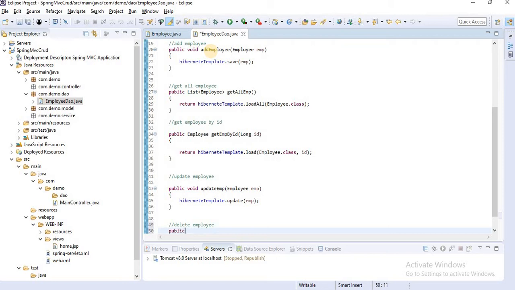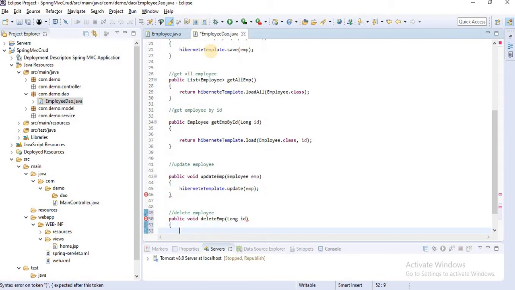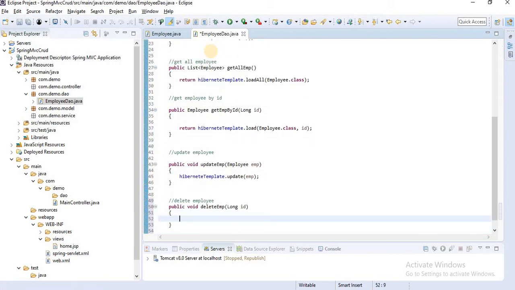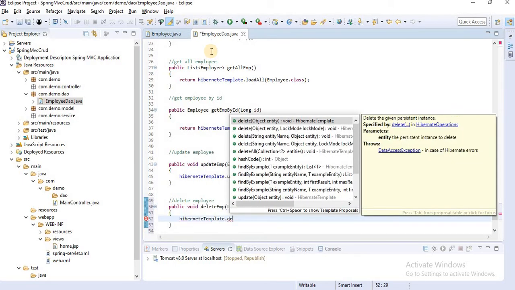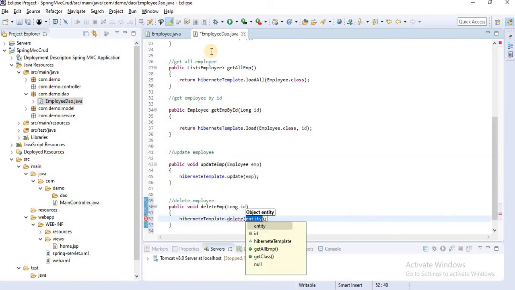Then we need to write delete employee. Public void deleteEmployee. Here we pass the ID, a long type ID. Let's see hibernateTemplate.delete. The delete method requires an entity, but here we have only the ID.